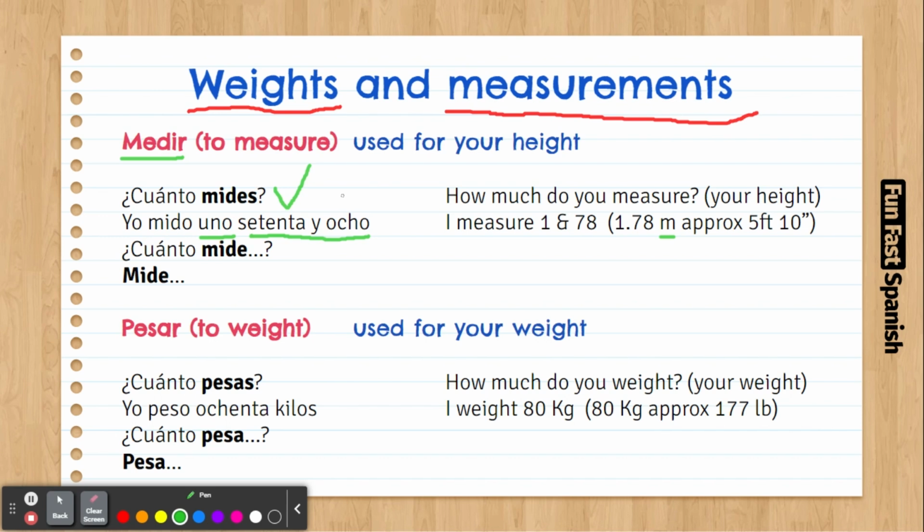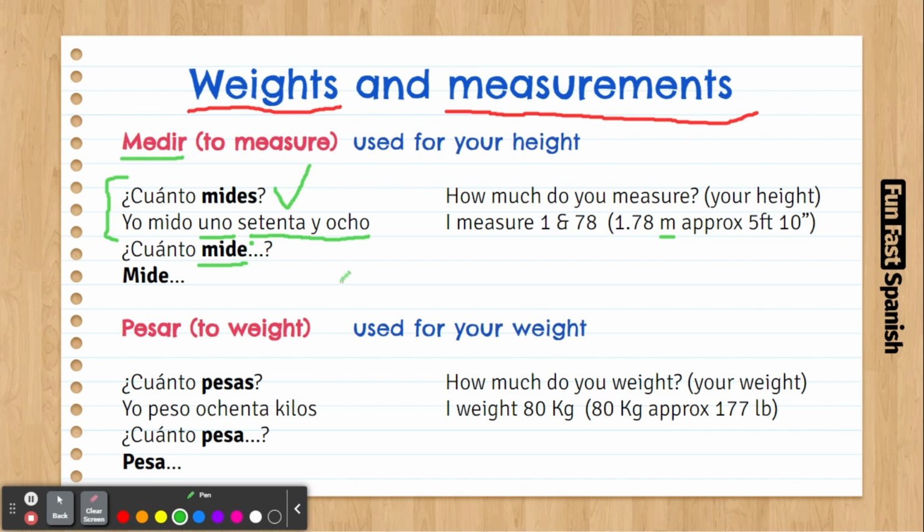This is if you're talking about your height, right? Like, what's your height? Or if you have children, you can ask the doctor, hey, my child, ¿cuánto mide mi hijo? So here, ¿cuánto mide would be for a third person. ¿Cuánto mides is for a second person. It's like how tall are you? But if you're talking about the measurement or the length of any other object, then we're going to use cuánto mide. And here the verb medir is conjugated for the third person. Yo mido, tú mides, él mide. And then you can put anything.